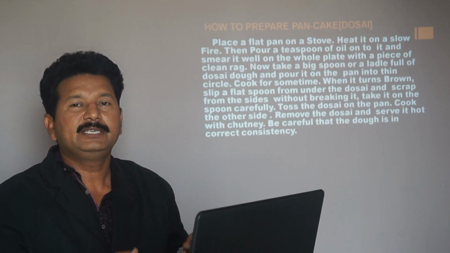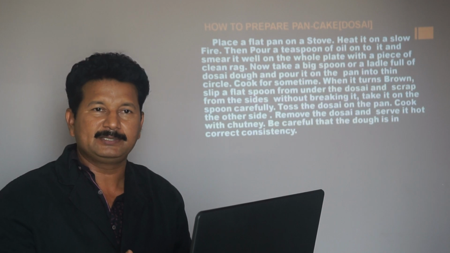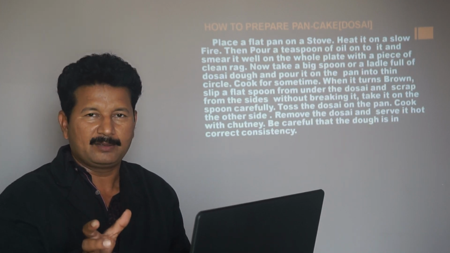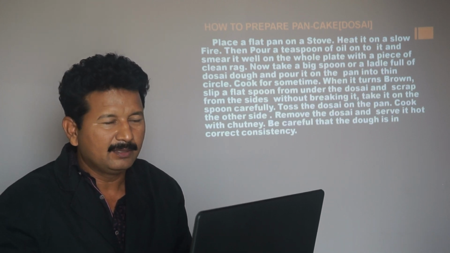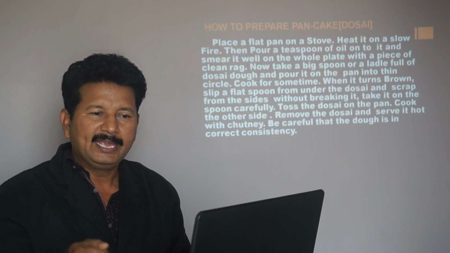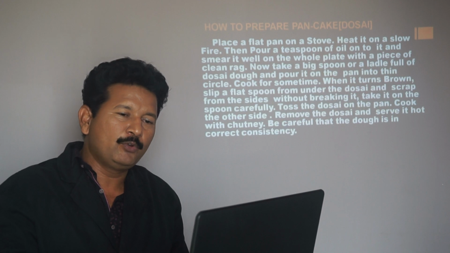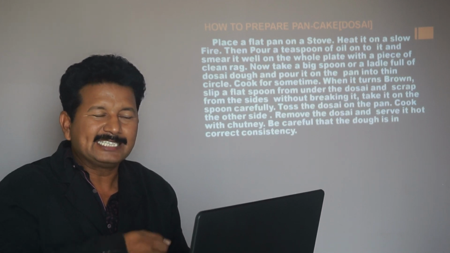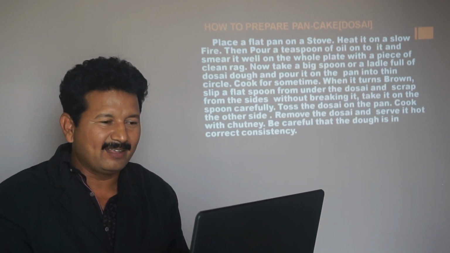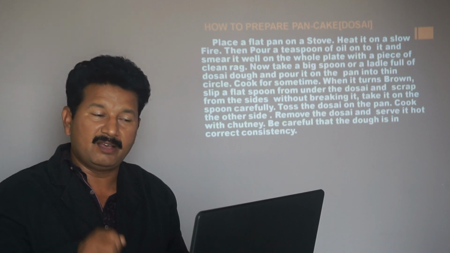Now, we will see by using imperatives, we can prepare recipes. Here is one small recipe like how to cook pancake, what we call dosa. Place a flat pan on a stove. Heat it on a slow fire. Then pour a teaspoon of oil onto it and smear it well on the whole plate with a piece of clean rag. Now take a big spoon or a ladle full of dosa dough